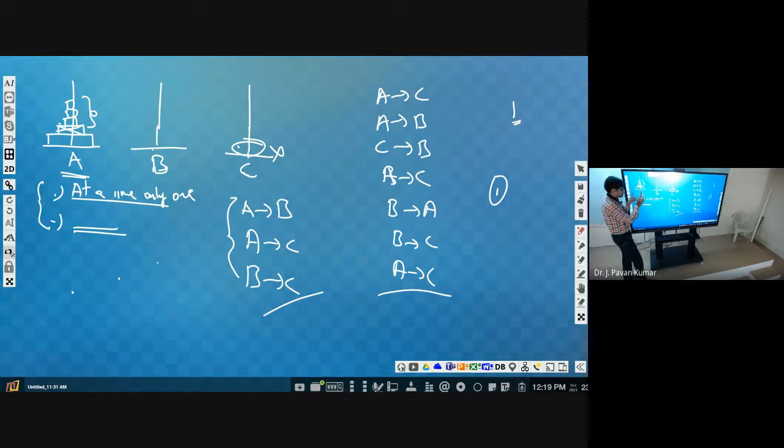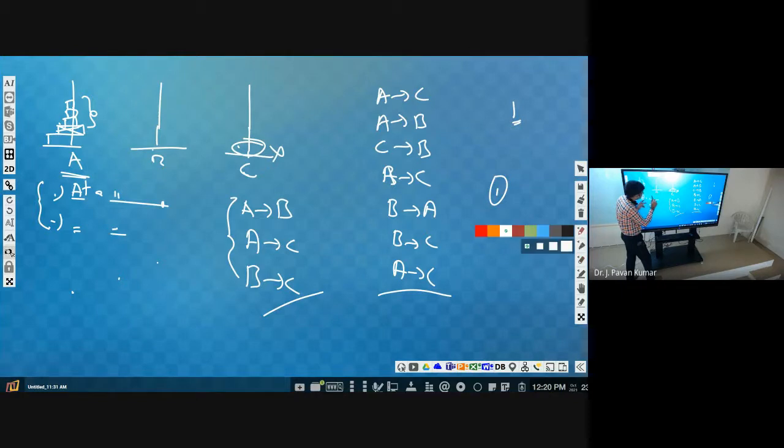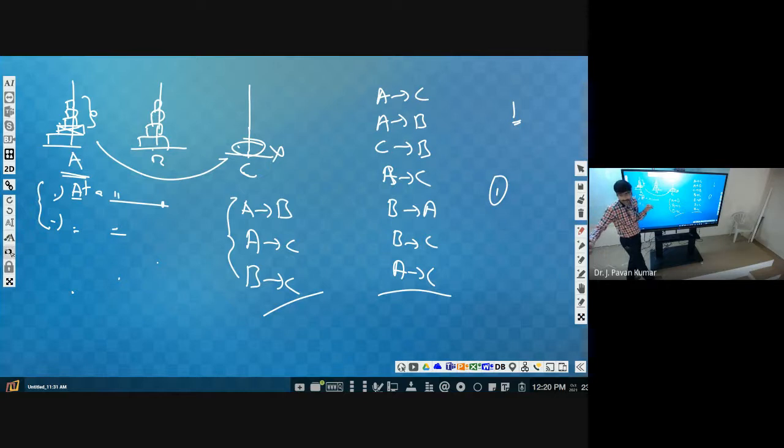Now consider the straight step, from A to C, where we have moved the largest one. Afterwards we will have some boxes at B. What is the next step? The second largest one we have to move to C. But in order to move this, can we have any other smaller one here? No, we should have only the largest one. So these boxes we should place somewhere else. Where? A.